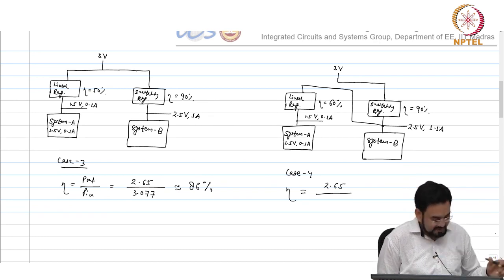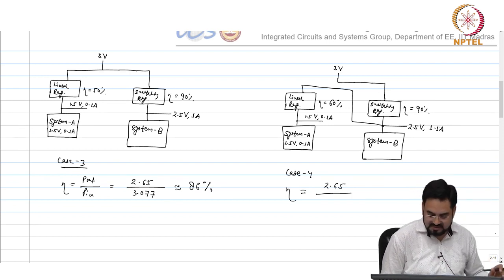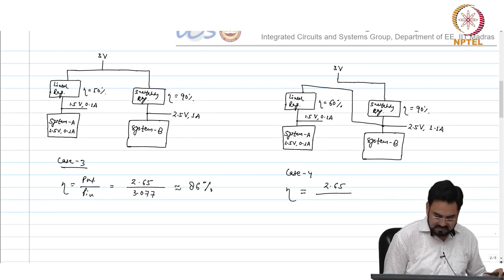So efficiency will remain the same, let us say we keep the 90% efficiency. So this will become 2.5 multiplied by 1.1, 2.75. 2.75 multiplied by 0.11, it is 0.305